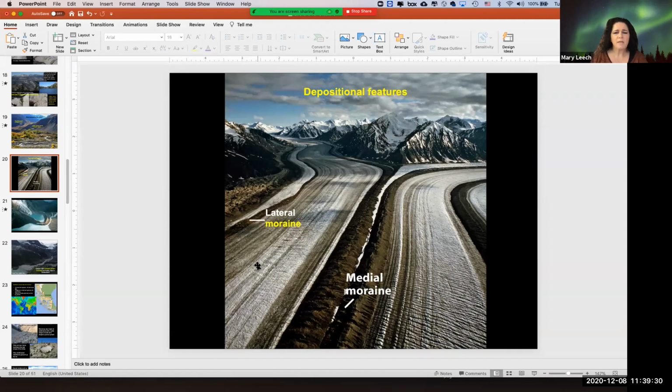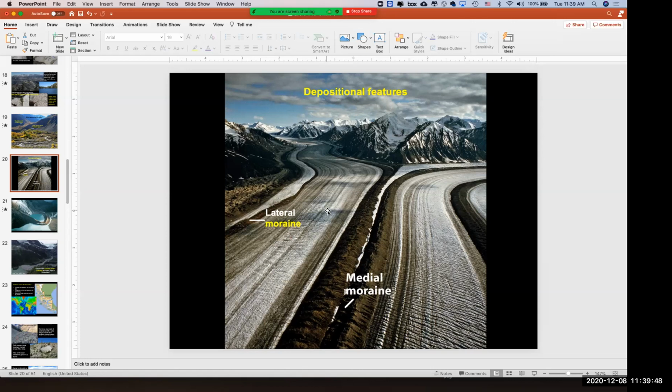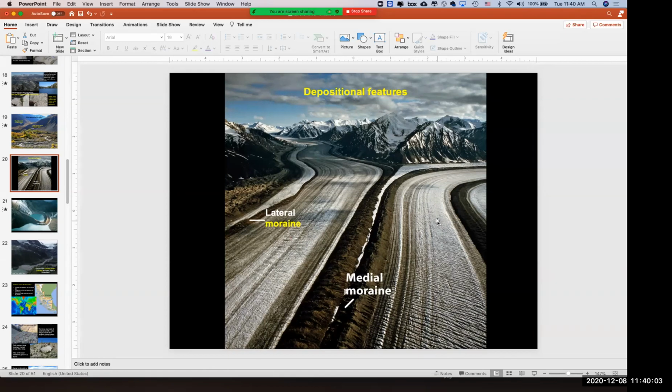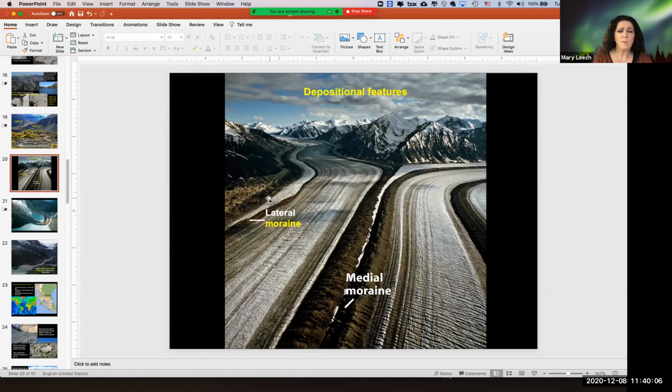So how many glaciers came together to form this one massive glacier? 3. Okay, I have a vote for 3. And I'm going to guess for UK that you are counting this one, and this one? Yes. Anyone else? Okay, Shivani, what did you add to that? The corner one you mentioned next to the lateral moraine, the ice. Totally. Yeah, it's small, but it's there. Yeah, so 4. 1, 2, 3, 4.